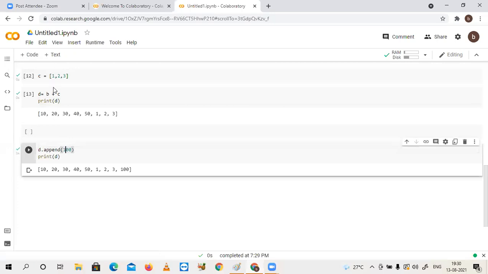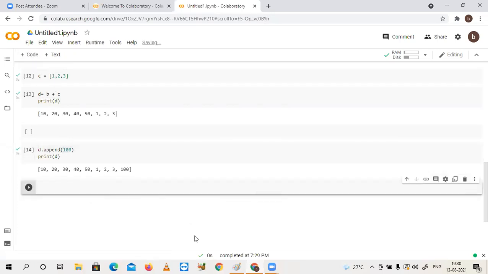Let me come to the next shell. D equals D plus, I'm giving 1000, 2000, 3000. All of you tell me. Left side of equal to, D is there.